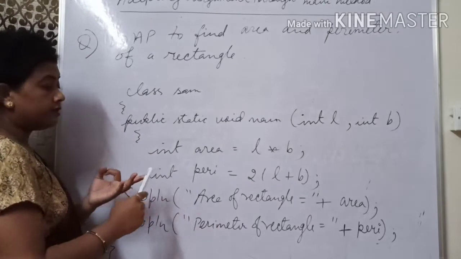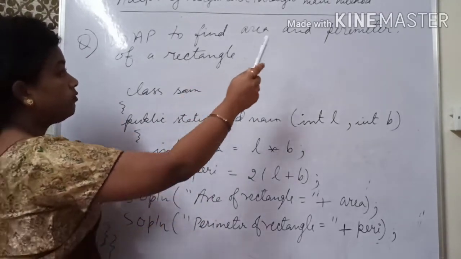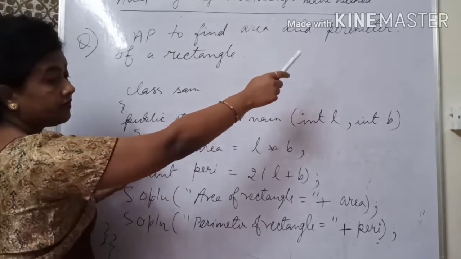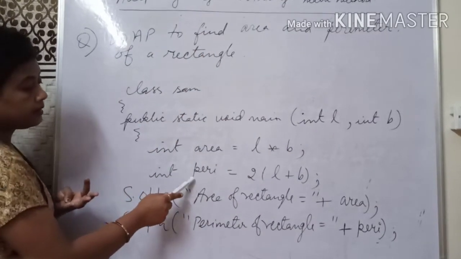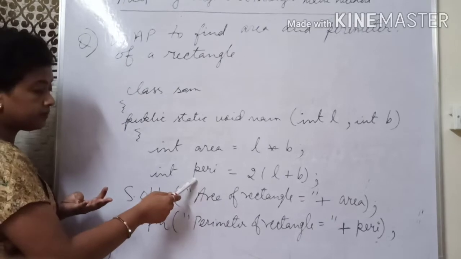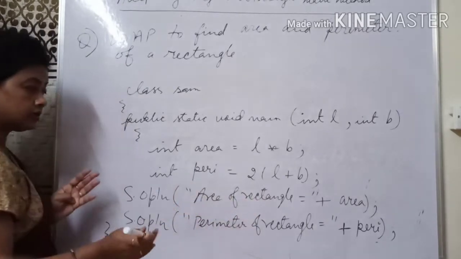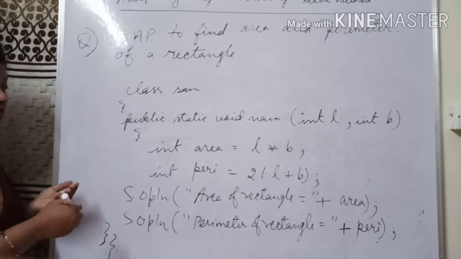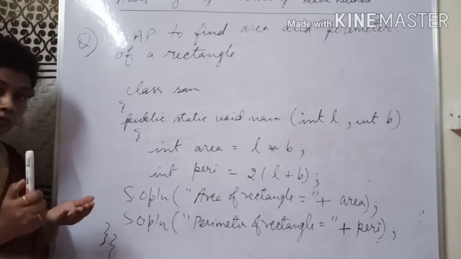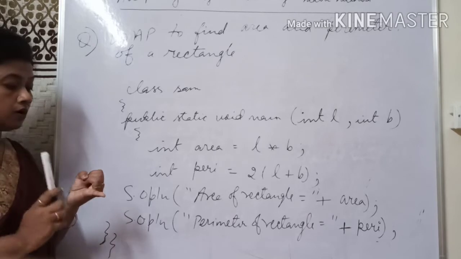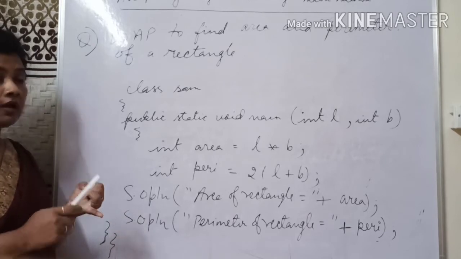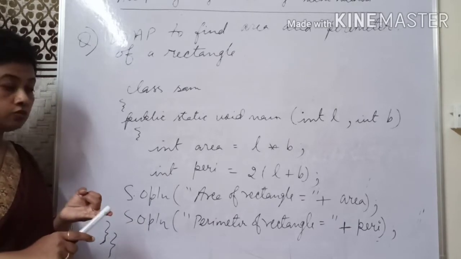In this program I have given the name area, and the fourth variable is required to store the perimeter, and I have taken the name query. Query is the name of my variable which will store the perimeter. So like this we decide what the user has to decide. The user has to decide the total number of variables he will take, what type of data type he will use, and then